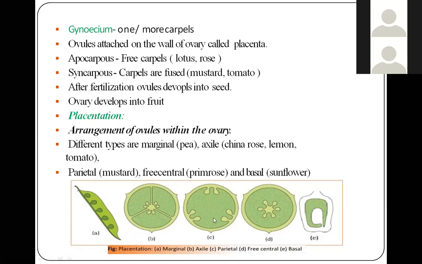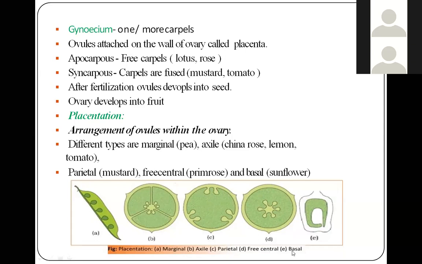The third type is the parietal, where there is no division observed, but the ovules are born at three distinct sites, at the peripheral sides. This is the periphery region, and as the ovules are born on the peripheral region, for this reason this type is known as parietal placentation. The next type is free central, where the ovules are not attached to any of the ovary wall, but are present freely in the center. For this reason, this type is known as free central placentation.